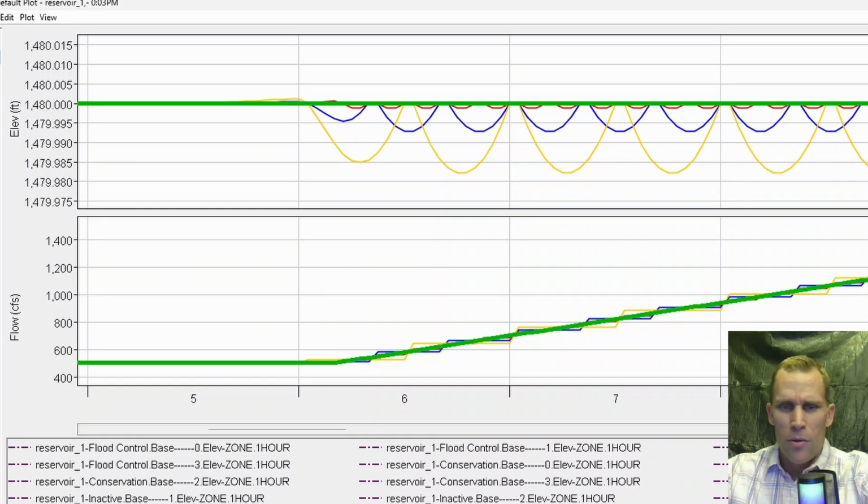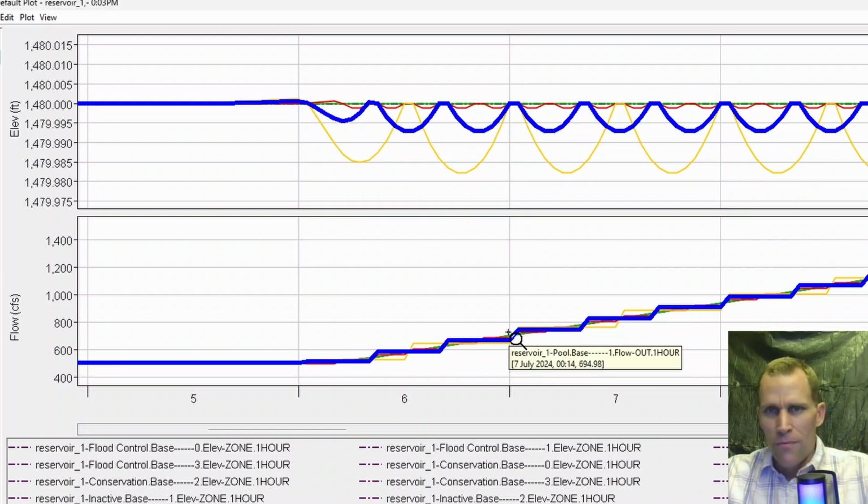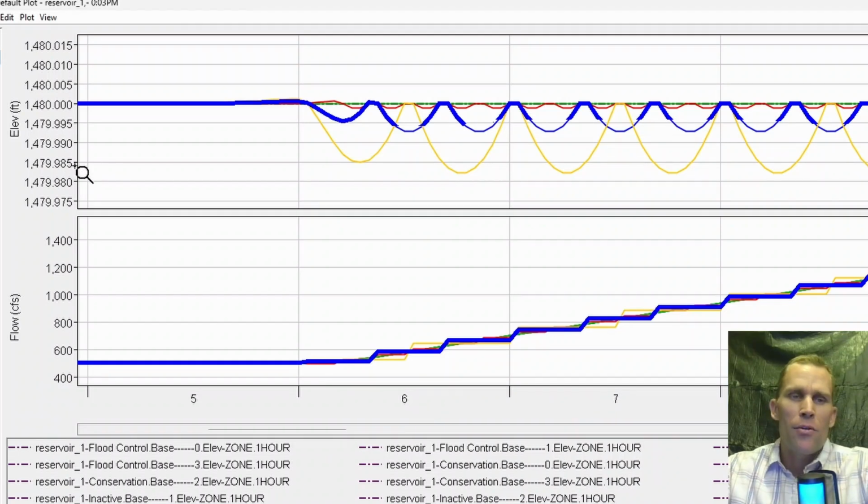And then let's just skip all the way up to the 8-hour. Blue would be 8-hour on top, and then here it is on the bottom for the flows. We notice that 3 times a day, the release increases as the inflow increases to maintain that guide curve elevation. This is not as dramatic as it looks, because if you take a look at the elevation scale on the left here, I zoomed way in. This is just hundredths of a foot. So based on the inflow and the geometry of the reservoir and the schedule, 8 hours is definitely enough,